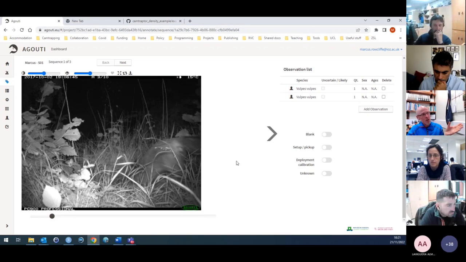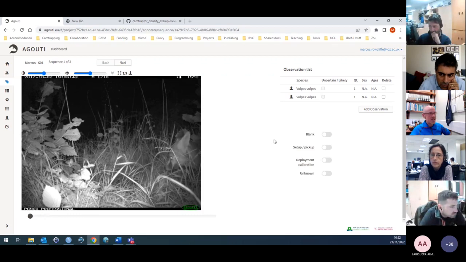So sorry, the point I was making is that AGOUTI splits the data, or the sets of images, into sequences, which are defined automatically on the basis of an interval, which you define. It's by default 2 minutes, I think. So that means you might have an animal moving in and out of the detection zone, and then another observation of an animal moving in and out within the same sequence. Okay, so I've got an example of that here. This is the sequence that I started with, started here. I'm in the same sequence, the animal